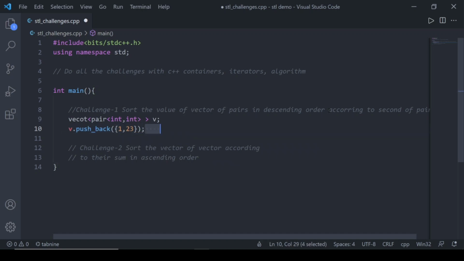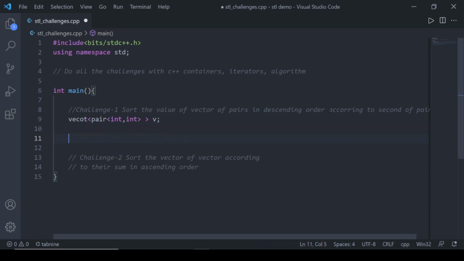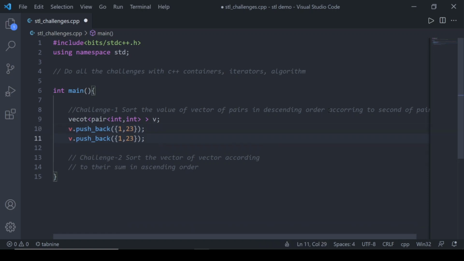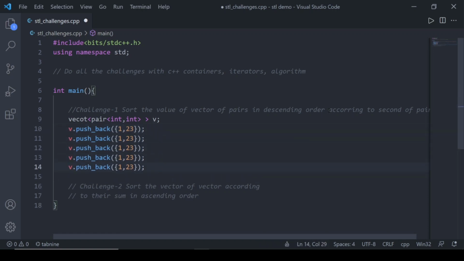Let's copy this line and, okay, let's say 11 and 3, and 12 and 2, 43 and 24, and let's say 34 and 65.